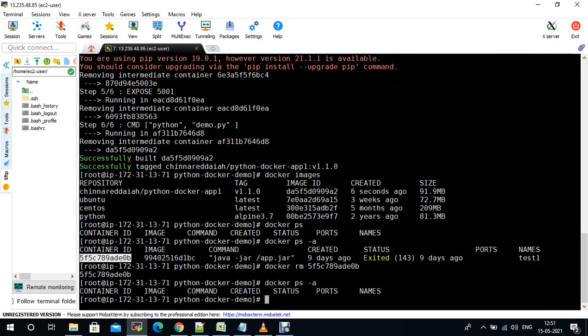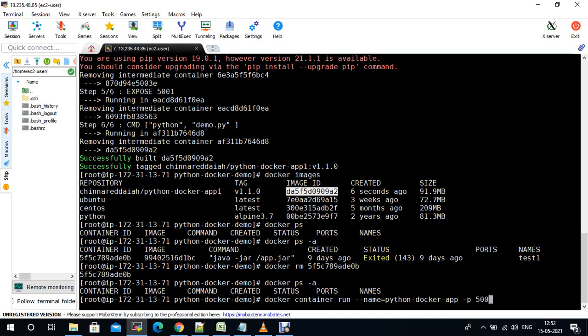Now I need to run the container. This is my image name, image ID. You can give image name or image ID, anything. So I'm doing Docker container run or Docker run, anything is fine. Docker container run. I'm giving my own name of that container, any name, Python Docker app, and I'm exposing the port.